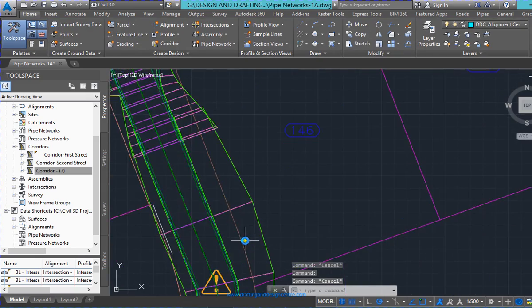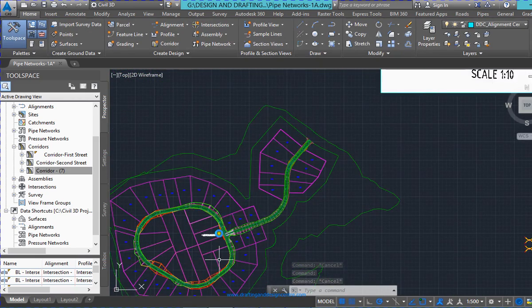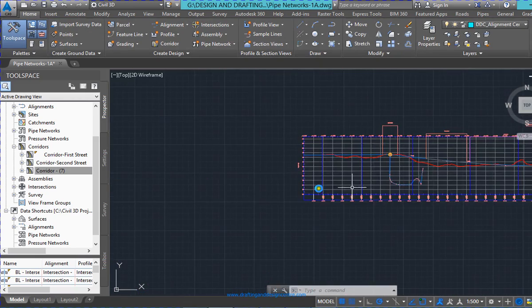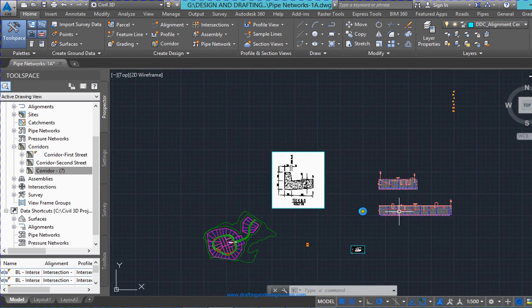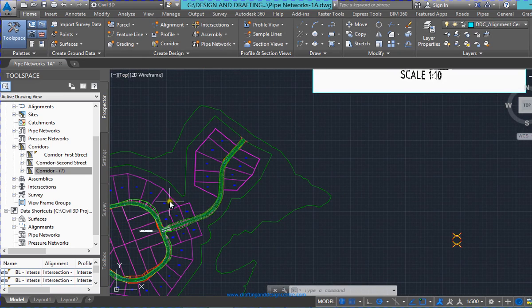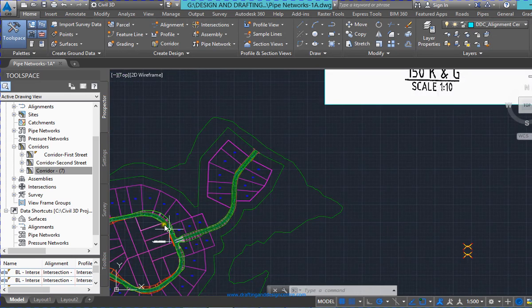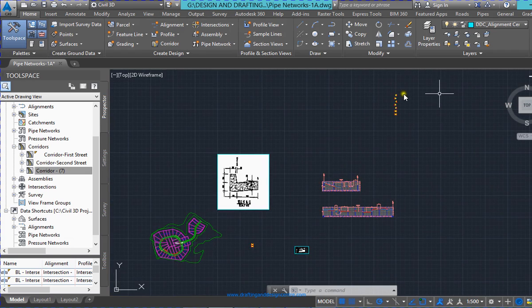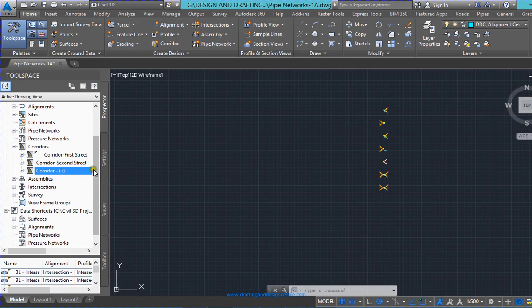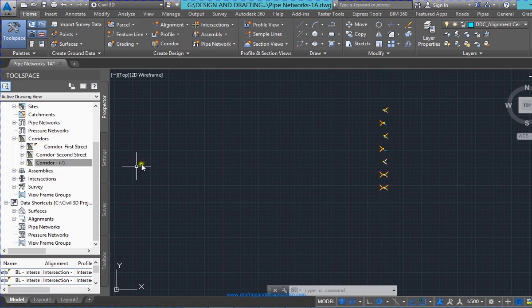So once again, in this short tutorial, we have seen how we coordinate geometry, how we can use the intersection tool, how we can modulate the intersection, and at last how we can match up the primary road and secondary road parameters to the intersection subassembly. You can also save this subassembly which we modified by going into the intersection,